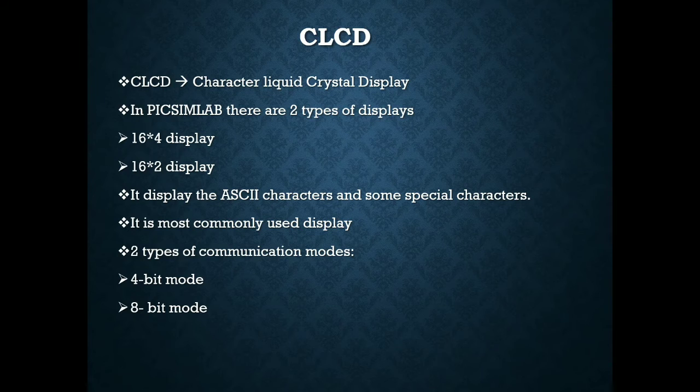Now, the CLCD has 16 lines, out of which 8 lines are reserved as data lines. If all the 8 lines are used as data lines, then that communication mode is known as 8-bit mode. But out of these 8 data lines, D0 to D7, if only 4 data lines are used, then it is 4-bit communication mode. So this is all about the character liquid crystal display.